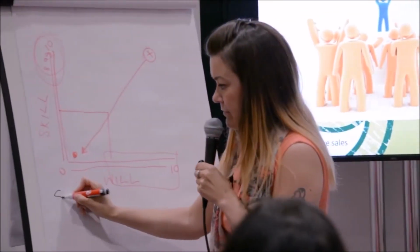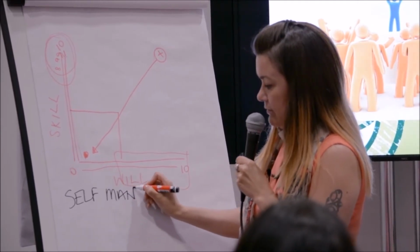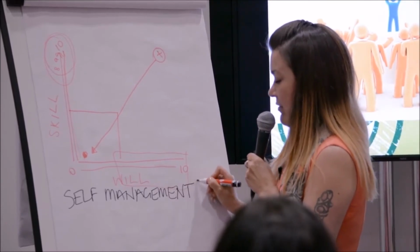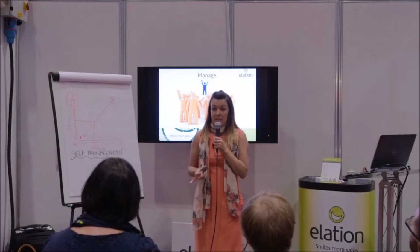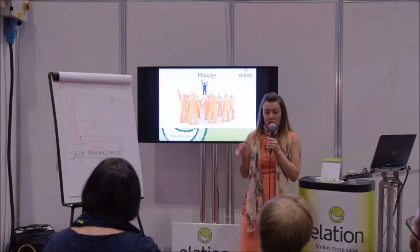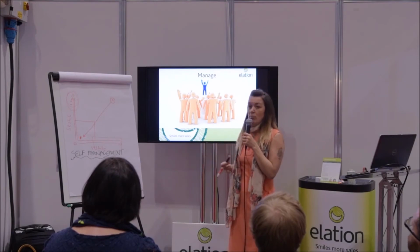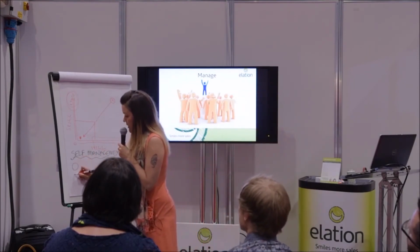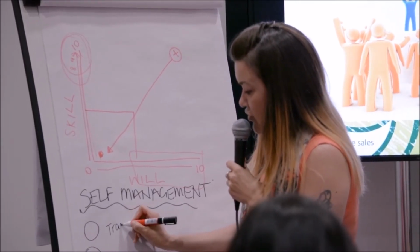The most important thing to think about here is that where you have a low level of will, the most effective way of driving that level of will up is through self-management. People need to be made accountable. They need to take ownership of their own results. You are not micromanaging them. You are asking them to drive their own performance. And there's various tools we can use for that. One I use very regularly with teams that I work with is a traffic light system,